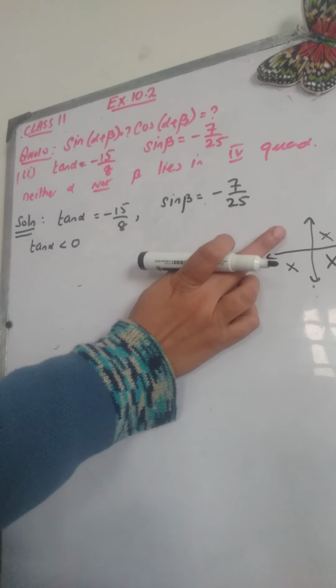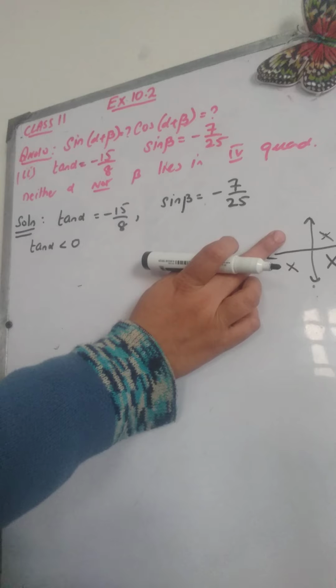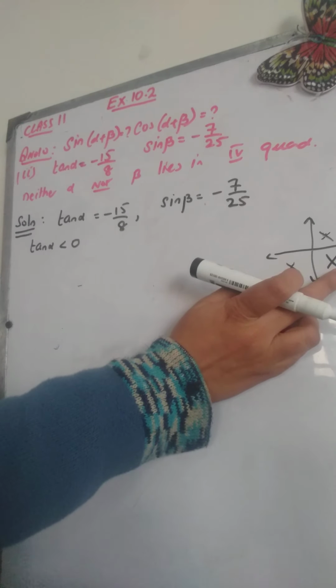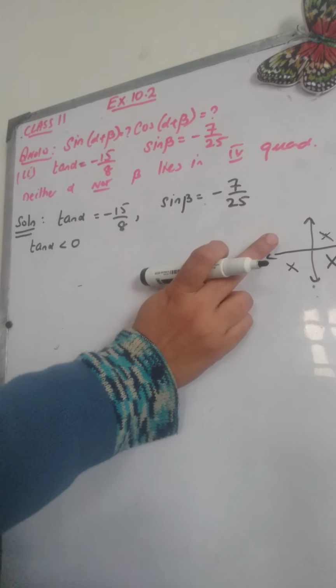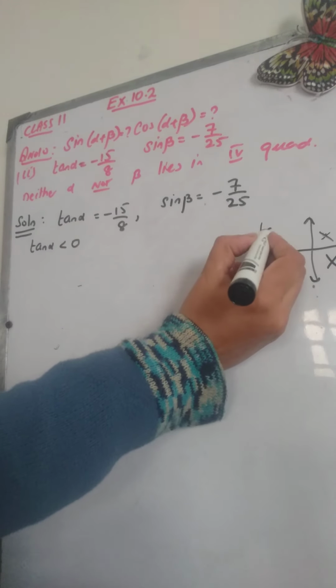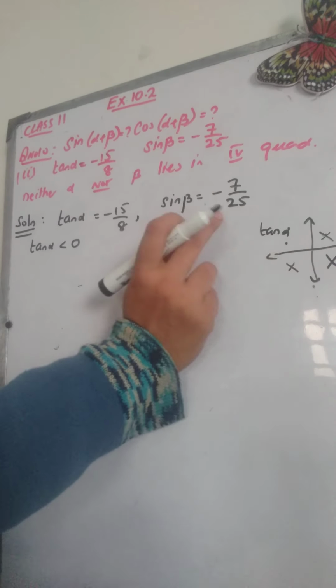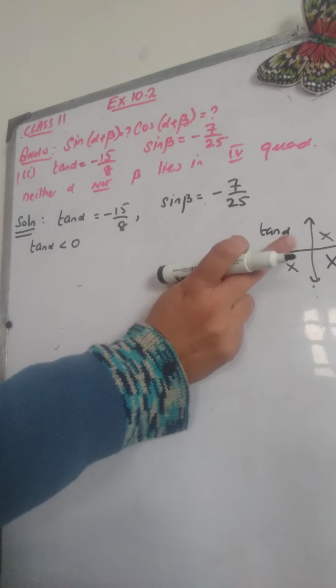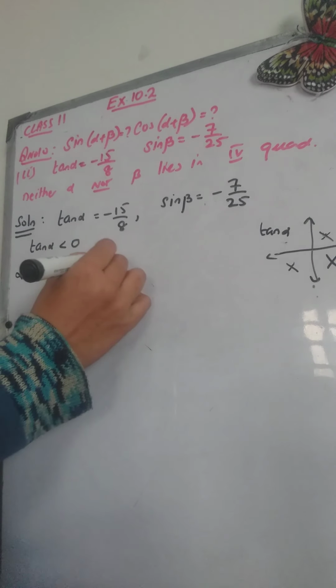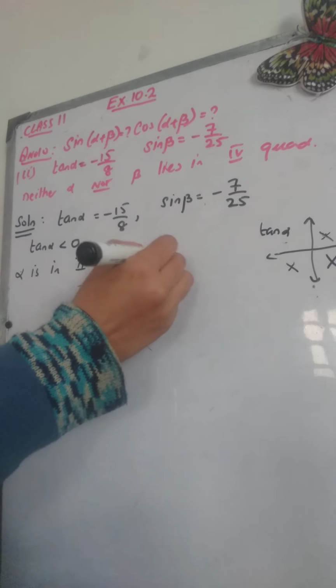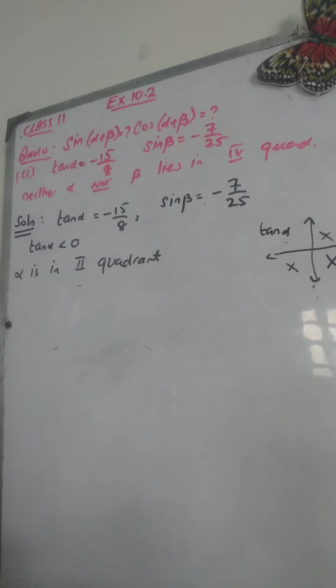So the only possibility is the second quadrant, because tangent alpha is negative in the second and fourth quadrants. In the fourth quadrant, they have given us that alpha does not lie. So the only remaining possibility is that alpha lies in this quadrant. So alpha is an angle in the second quadrant, so the terminal ray will be in the second quadrant. This is what we have to note and remember. This we will be needing, so this is an important note.